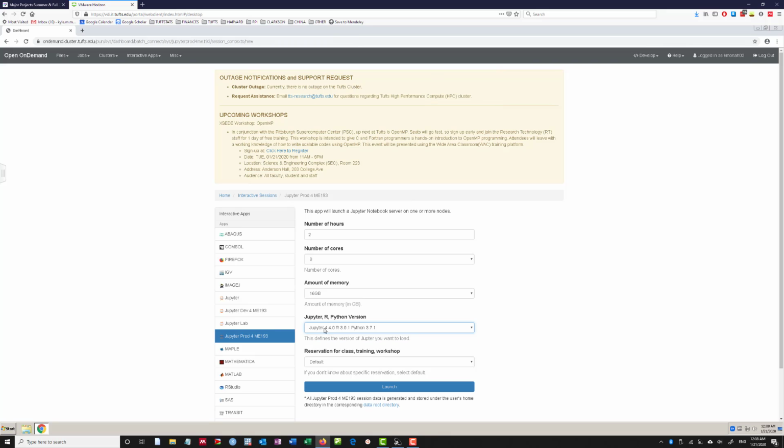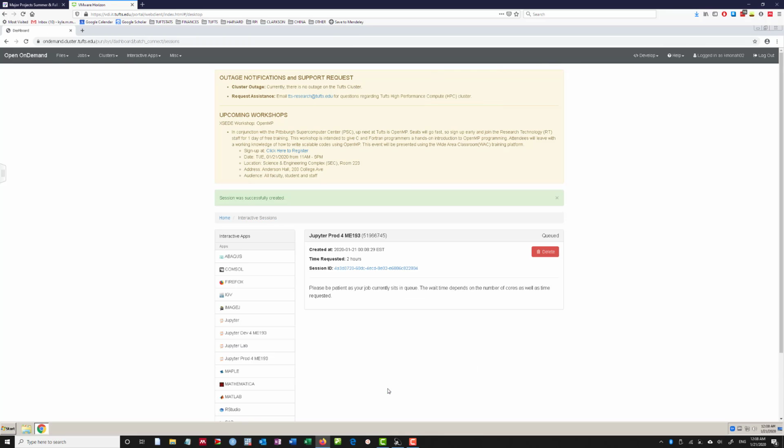I can choose my Jupyter, R, and Python version. In our case, I've set them to be consistent throughout your class, so everyone will be on the same version of everything. Finally, you don't have any reservation for this class. You can just click launch. And what this will do